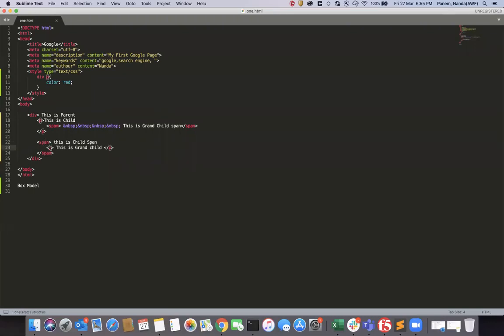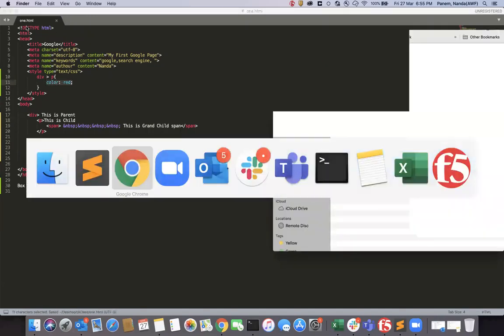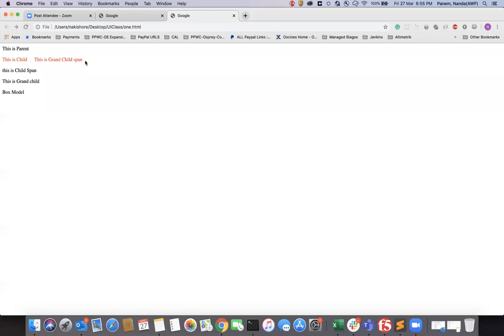It means this is a grandchild, but this paragraph is an exact child. If you provide the greater than symbol, only whenever a paragraph is an exact child of a div tag will this color apply. If I execute this, see here, only here you are getting the red color.